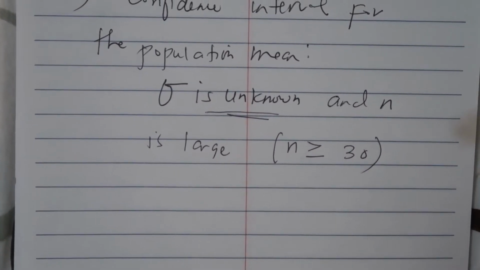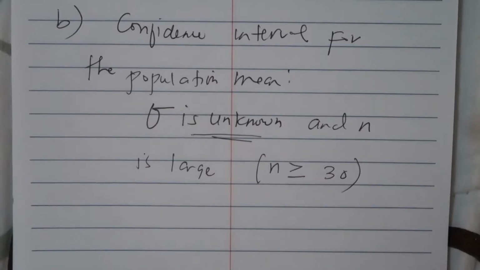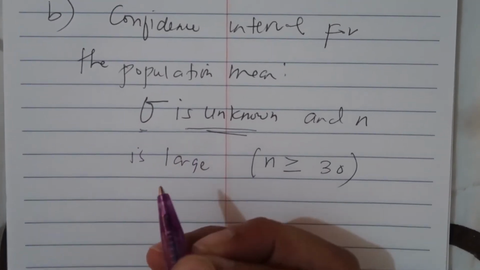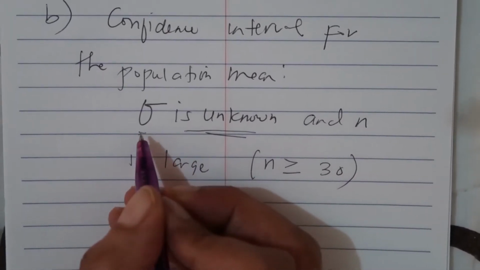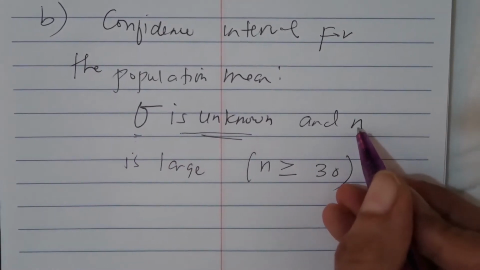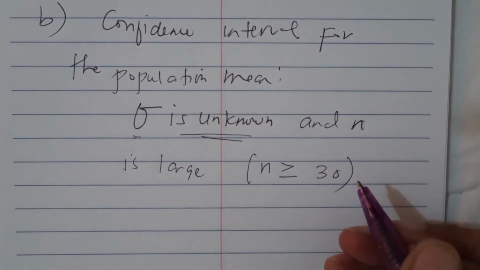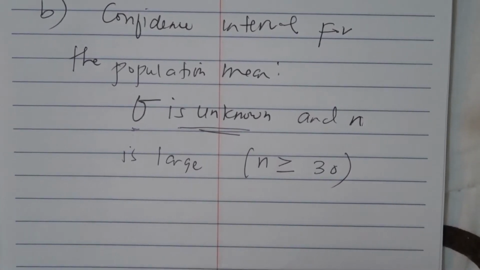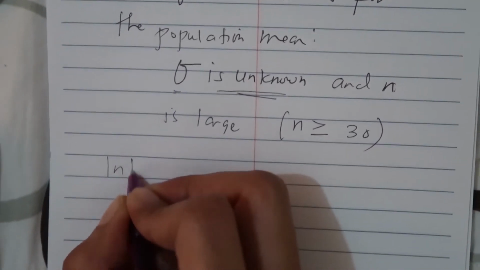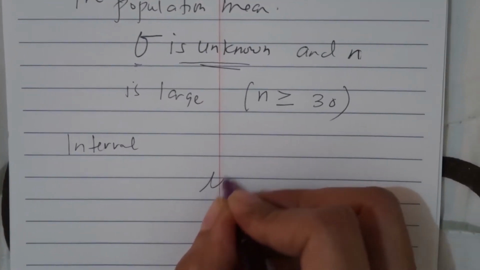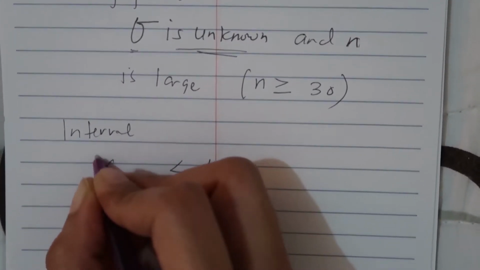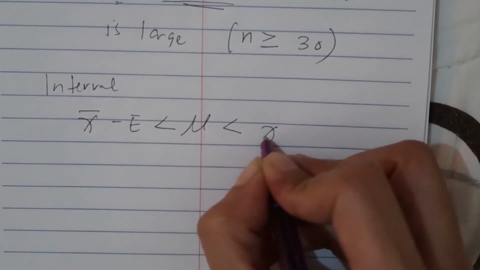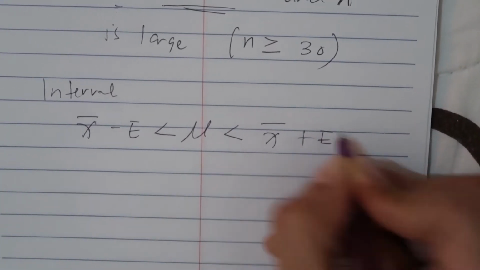So how do we determine the confidence interval if sigma is not given? When we say sigma, you are referring to the standard deviation of the population, and your sample size is greater than 30. So same concept as in the first condition. Your interval is still the same: mu is greater than the sample mean minus the margin